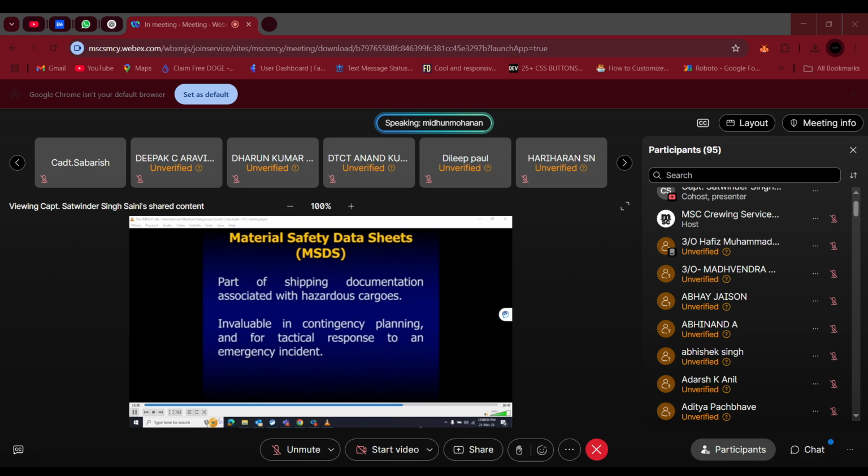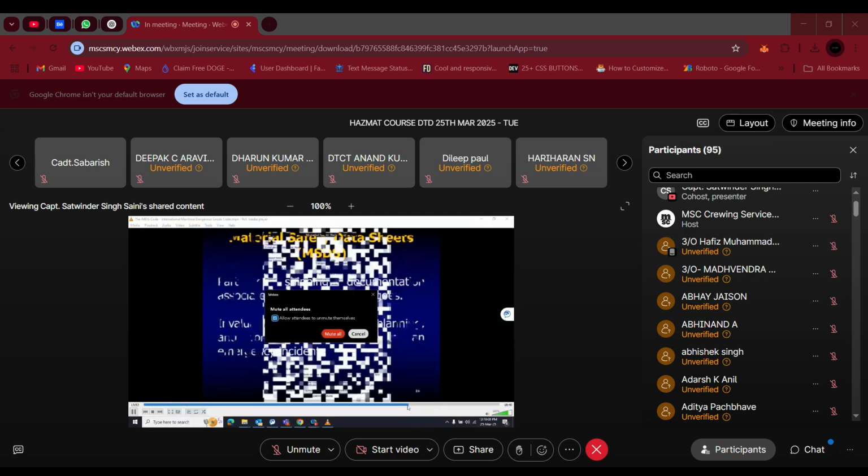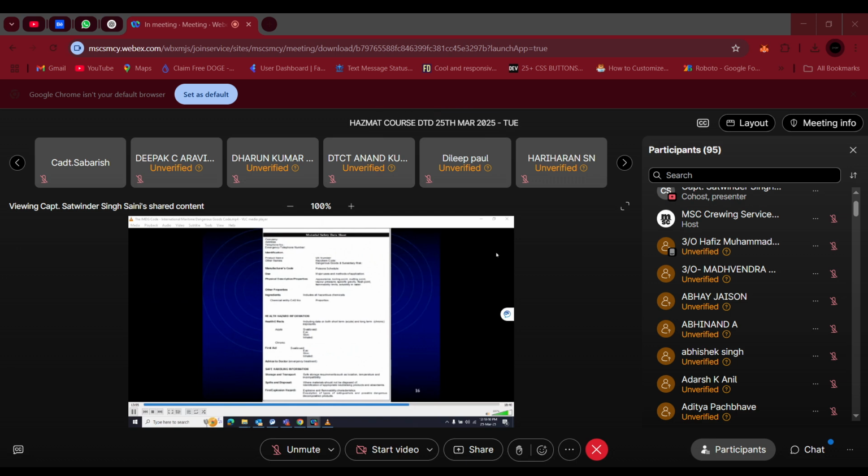Now, MSDS or MSD is part of the shipping documentation associated with the carriage of dangerous goods or hazardous goods. They are very valuable if you are planning for any kind of emergency, or a tactical response to deal with an emergency incident. Along with the cargo manifest, these sheets provide you with additional information about the cargo that you're carrying. For these hazardous goods, the shipper should provide you with the material safety data sheet information, or MSD information,